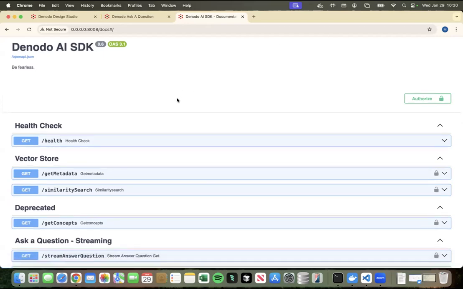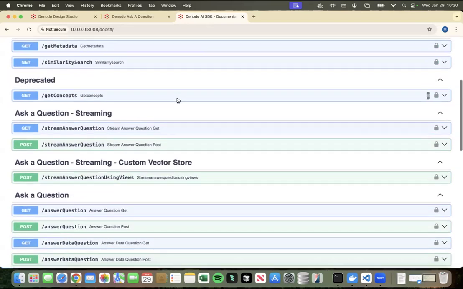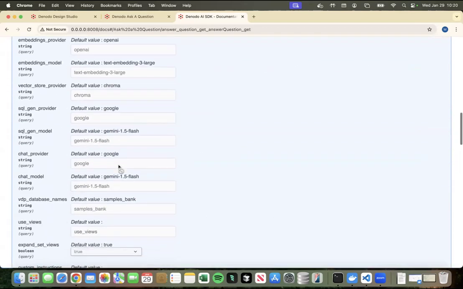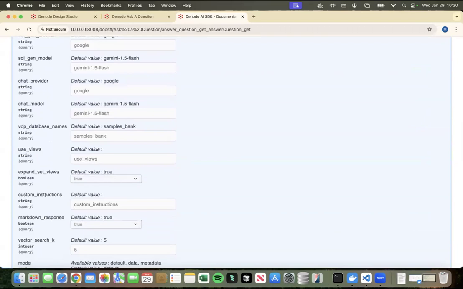Yeah. So again, this comes with the whole premise of giving flexibility with the ASDK, right? You can modify it to do anything you want. And that's represented very well by the parameter we have in the answer question, which is custom instructions, which is really good because at the end of the day, the query RAG pattern is a generic flow. It's not adapted to any specific industry or any specific knowledge base. So if you really want to get that final gain in terms of percentage of accuracy, you really have to use the custom instructions because you can point and help the LLM understand more or behave how you want it to behave. It's endless possibilities here.